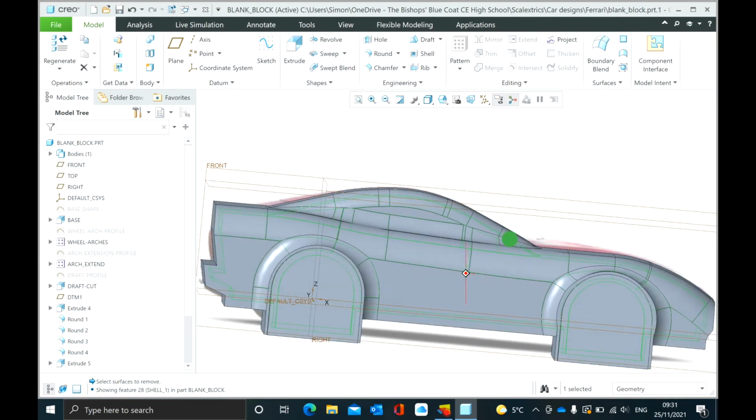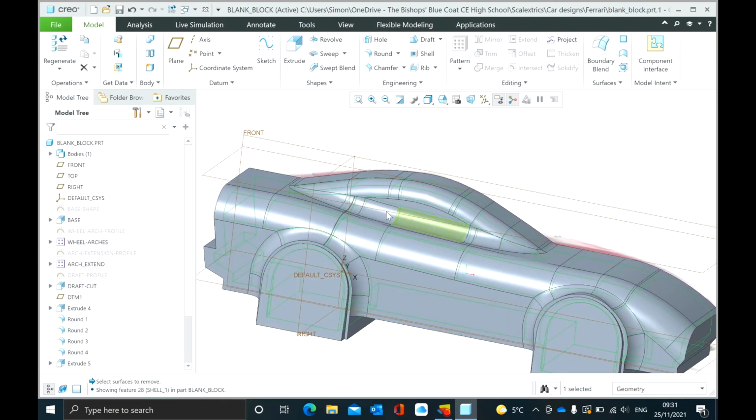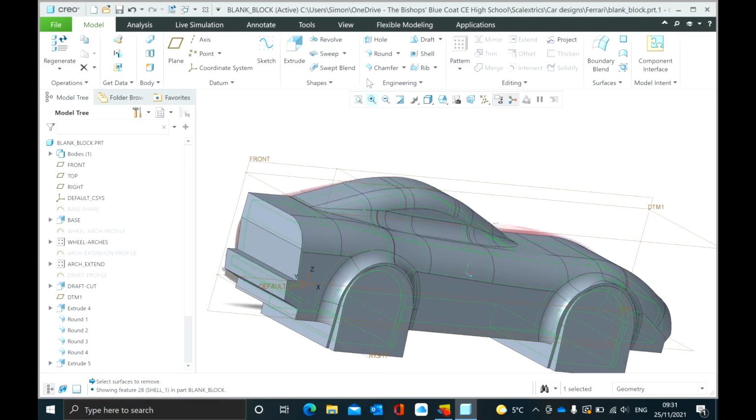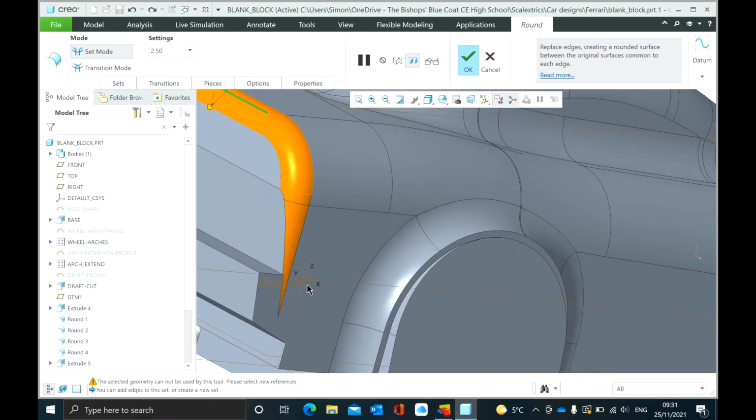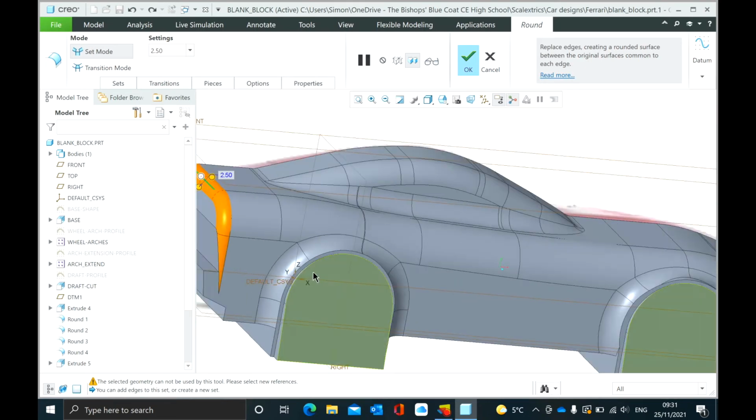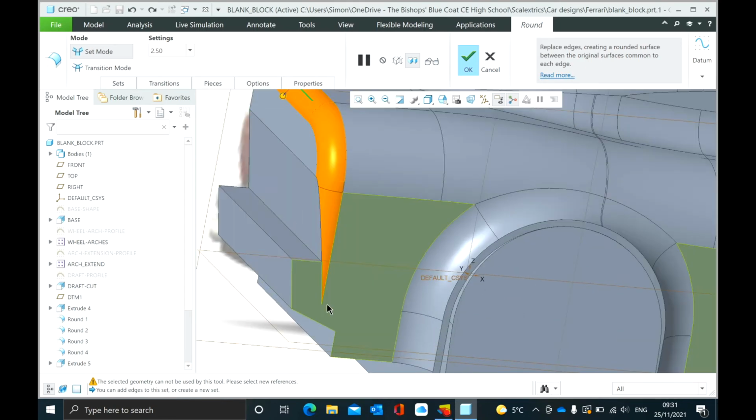So that is the basis for the car. You can then spend as much time going and rounding bits off as you want. It really is up to you how much you want to round these things off. And play about with doing these rounds, etc. So sometimes they work, sometimes I don't like that one. So to fix something like that, I'll press cancel,